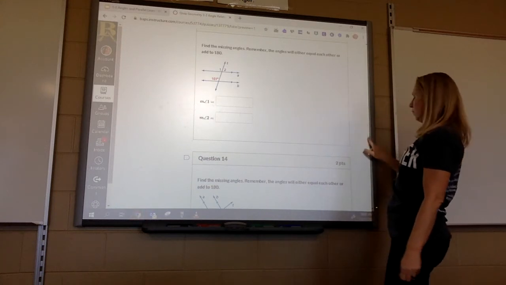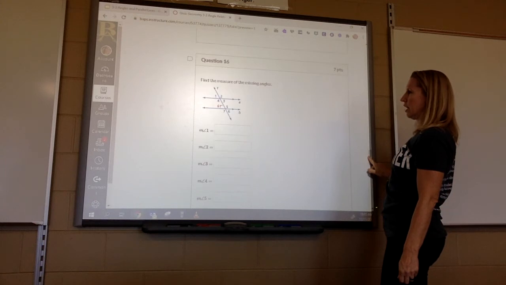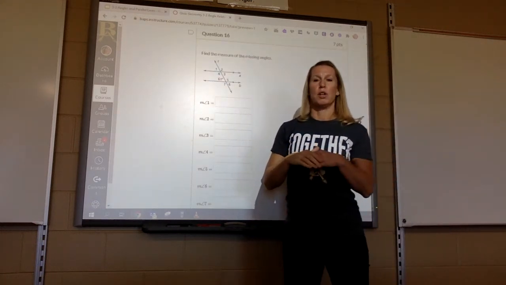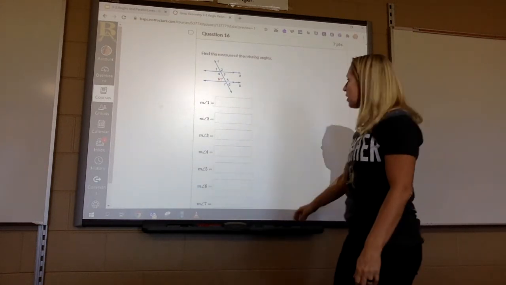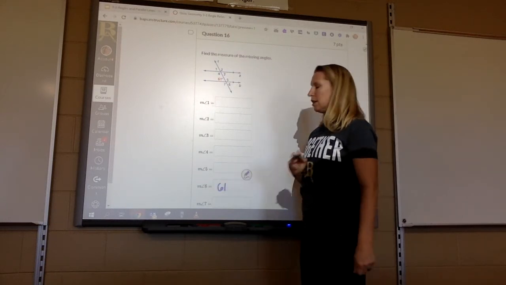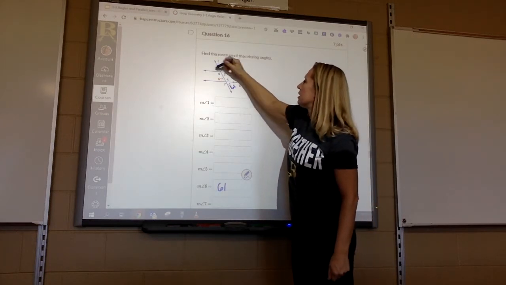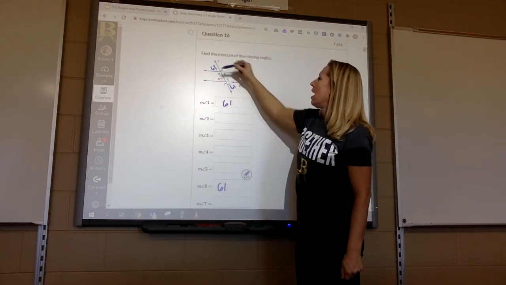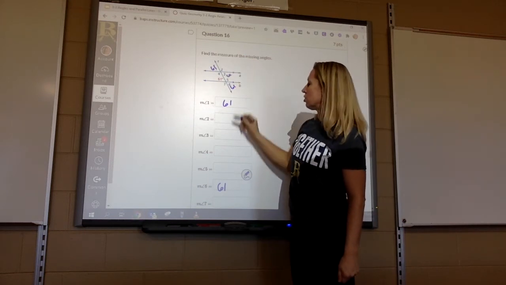They're a linear pair, so just do 180 minus 107 and you'll get angle 2. Let's do another one. Let's look at this one because look how many angles you have to find. So what I would do, I would go through and find all the other angles that are 61 degrees. So I know my vertical angles are 61, so angle 6 would have to be 61. Angle 1 would have to be 61 because those are corresponding angles. Angle 3 would have to be 61. I've got vertical or alternate interior,